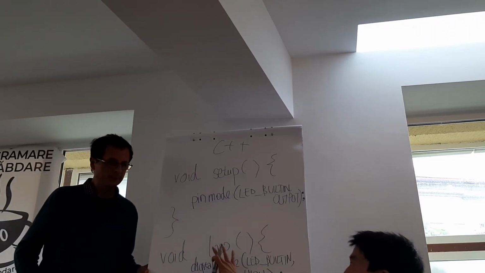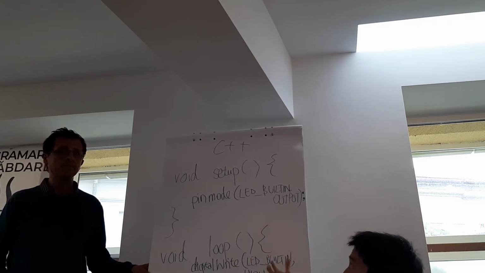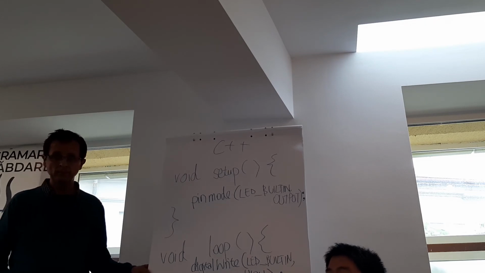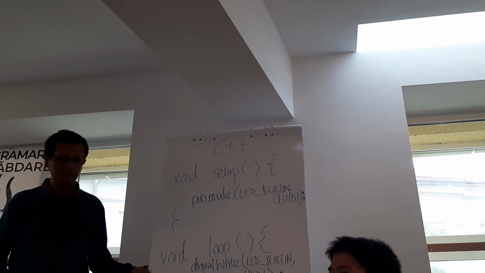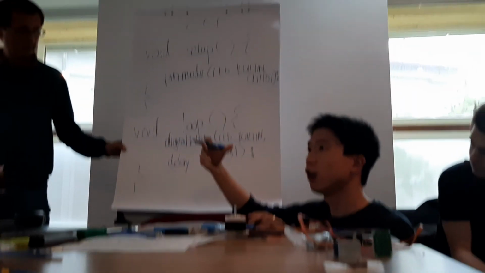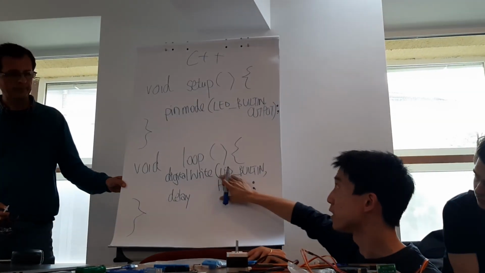What happens in this loop right now, before I add on, is it simply sets up that pin, and then it just gives a 1 to that pin forever, so it just stays on. What I actually want is to blink, and then hold it for a while. So now the pin is a 1,